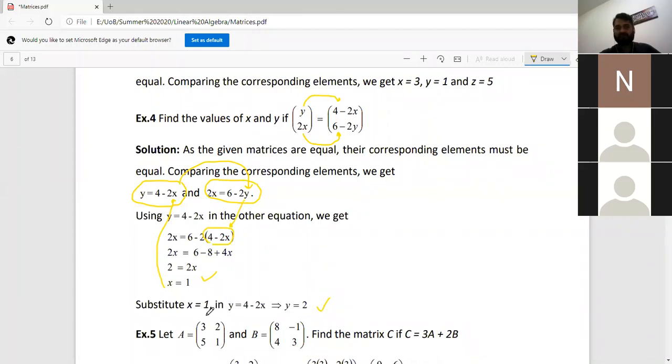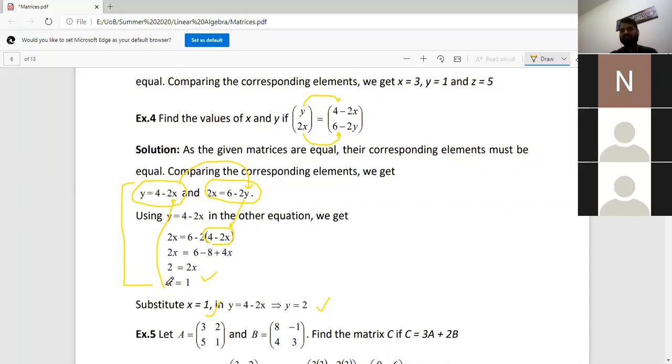So in this type of question we use the equality of matrices, but at the same time we had to solve two equations to get the values of x and y. Okay, basically this question which I just did, solving these two equations, this is linear algebra. Linear algebra is all about solving linear equations. That is the reason we call it linear algebra. There are many methods to solve linear equations, and matrices are one thing to use to solve these types of linear equations. That is the reason we are studying matrices.